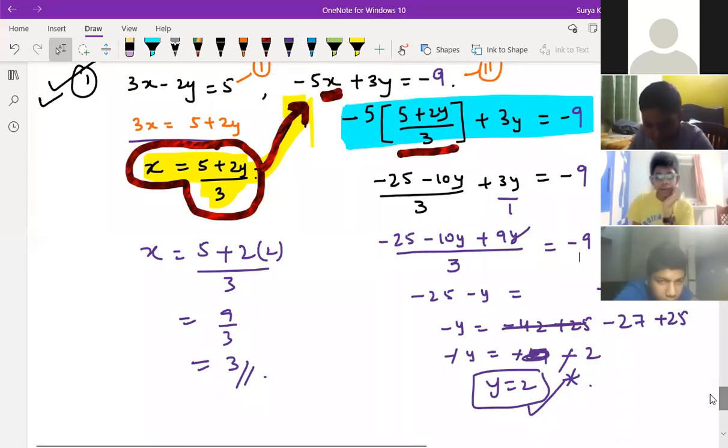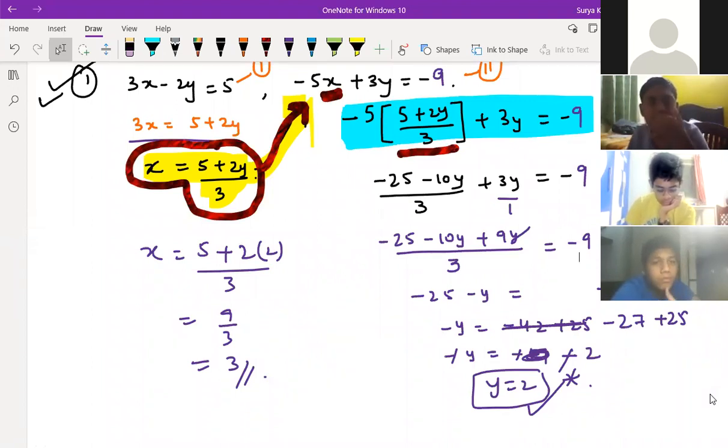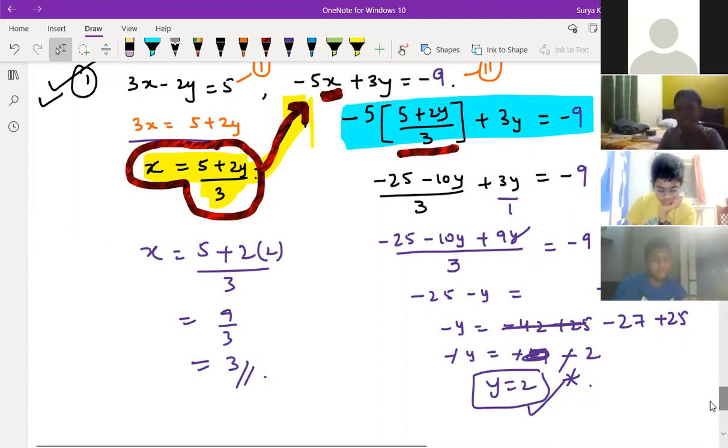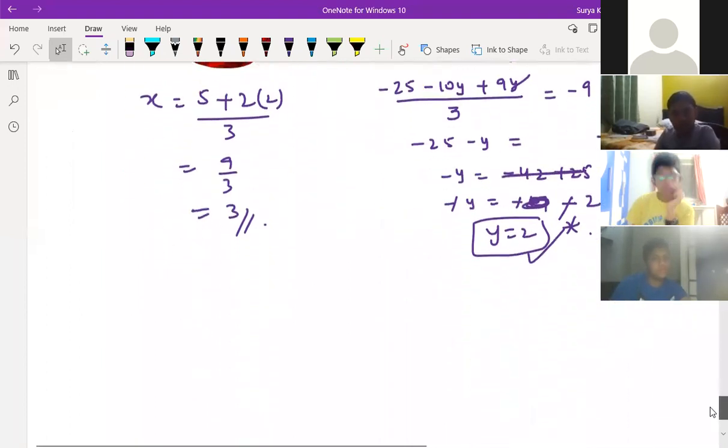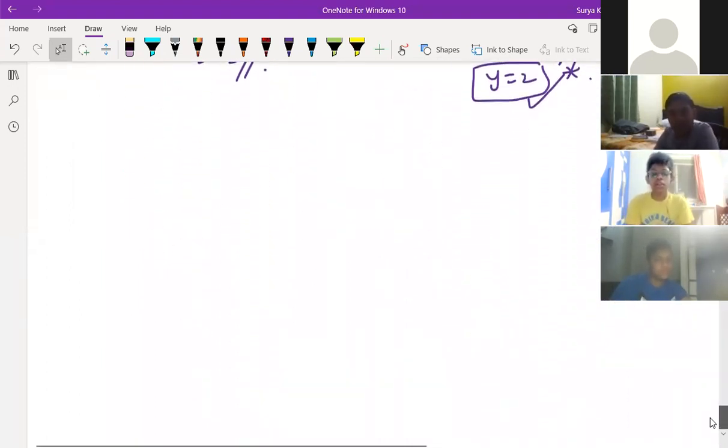Or simply, if you search the net for linear equations of two variables for class 10th, you get so many equations, just solve them. And if you're not getting, I'll send you in the classroom. So the next part, I believe both are clear to everyone, the substitution method as well as graphical. You can try at least 10 questions based on it.